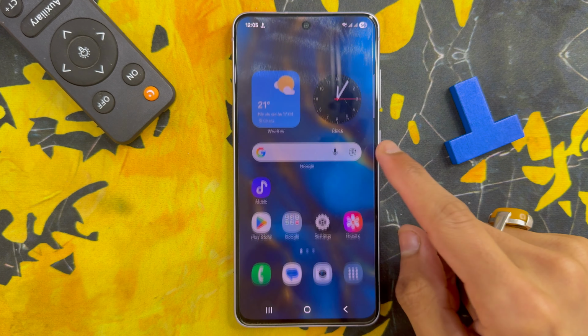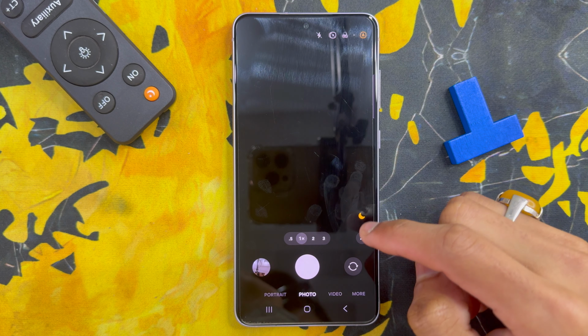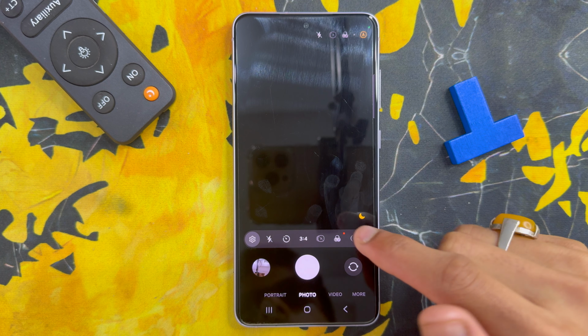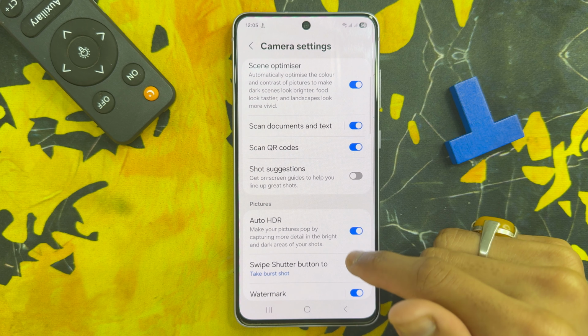First of all, go to app library. Here click on camera app. After clicking on camera app, click on this 4-dot icon and click on settings icon. Now in camera settings, scroll down